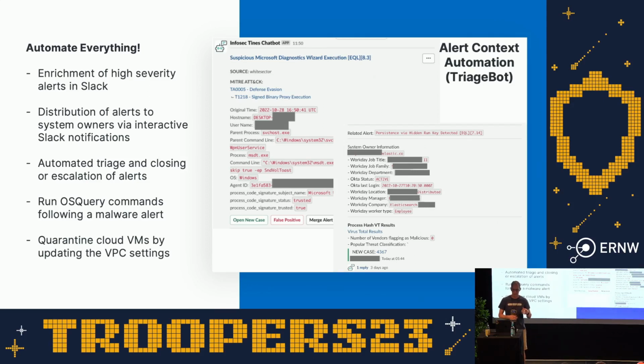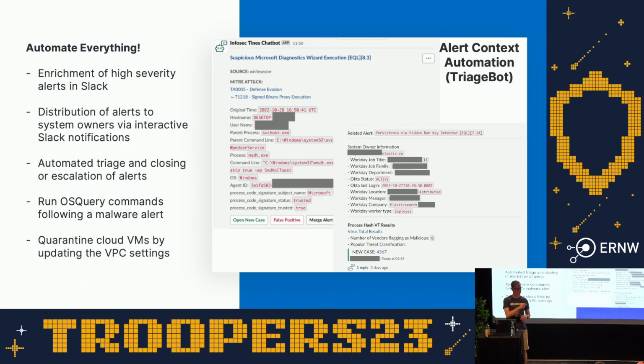We take all the context from the alert: the process name, the parent process, the user, the host name, all that. But then we also go out and say, I've got the host name. Let me check the asset inventory, get the owner of the system, and get their Slack information and their phone number. Let me get the Workday information so I can tell you what time zone they normally work in, where they live, what department they work for, all of this information.